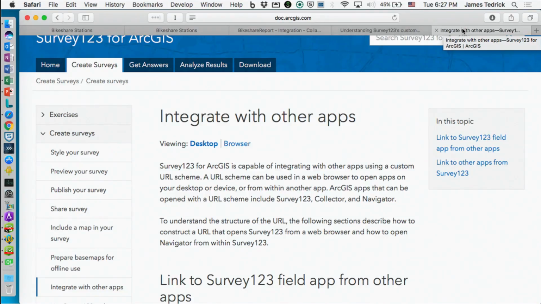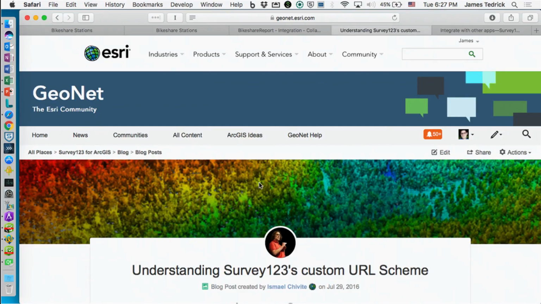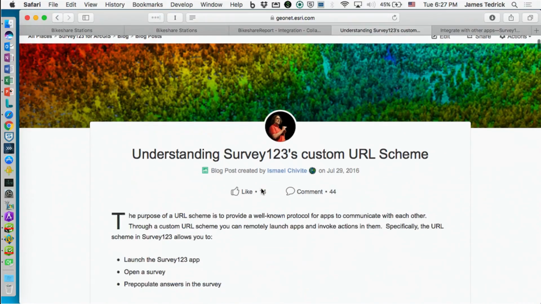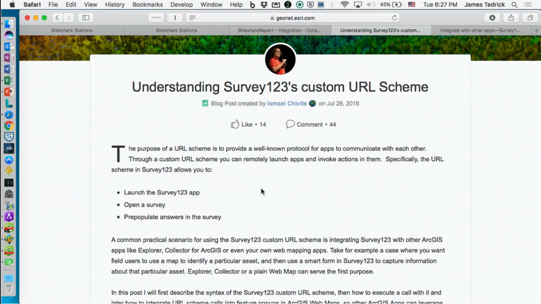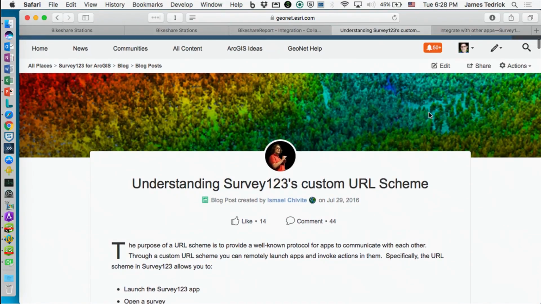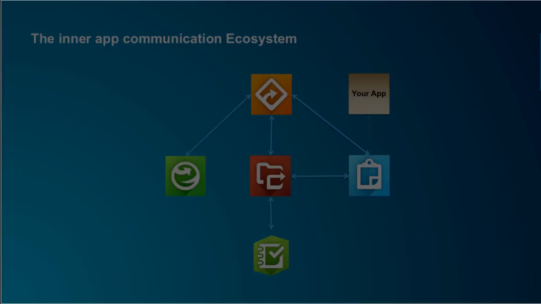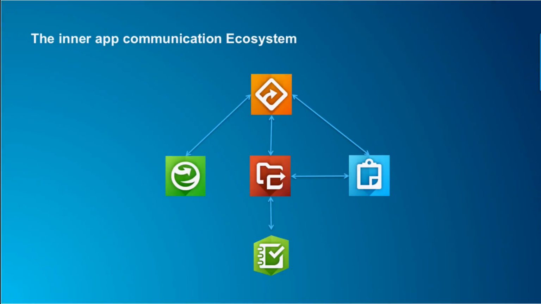I actually favored this, but in the Survey 123 group, and we can put it in the amended slides. Okay, yeah. We began that help topic with this blog post from this summer. It's great. It's really concise and gets you up and running really quick if you want to integrate with Survey 123. The other thing I will mention is that we don't have the callback parameter, but both on iOS,